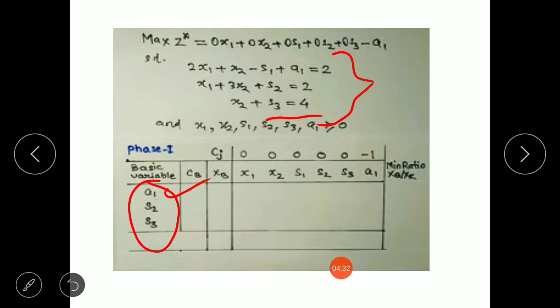As you can see from the remaining two constraint equations, s2 and s3 are positive, so that even if we make x1 and x2 equal to 0, we'll get s2 and s3 positive. So we can apply the simplex method. So in the basic variable column, we'll write